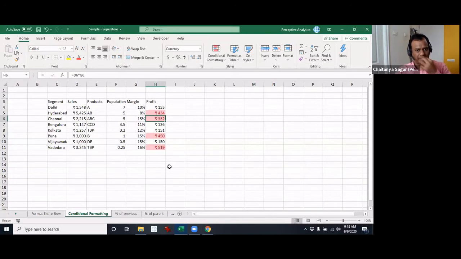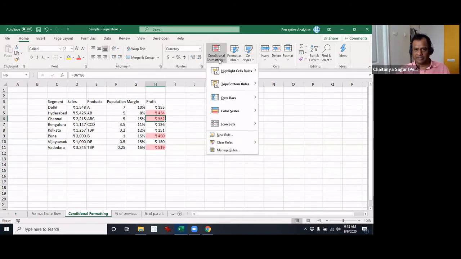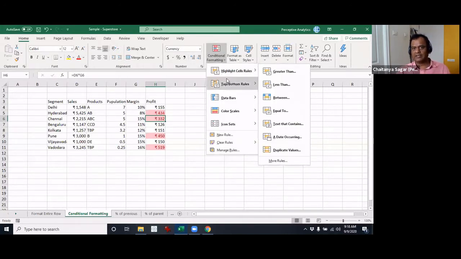All right, so let's take certain examples. These are highlight cell rules. Basically you have various of them, and this is very simple. Greater than a specific number, less than a specific number, between two different numbers. If it is equal to a certain thing, then you would like to highlight that. So for example, if some formula resolves to y, and you would like all y's to be highlighted, then you can use equal to.